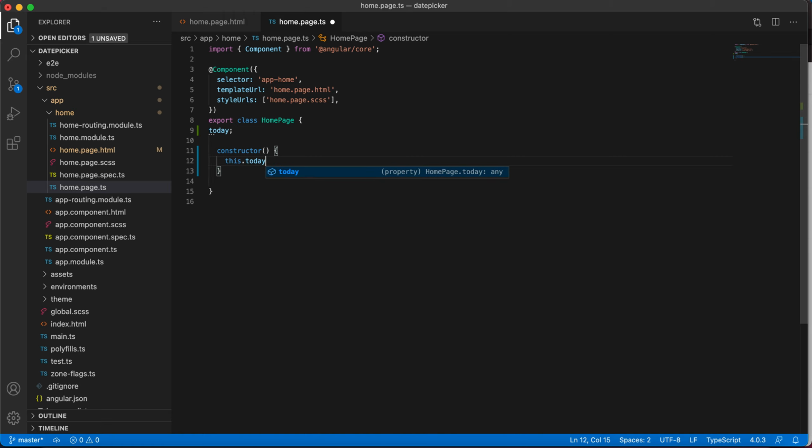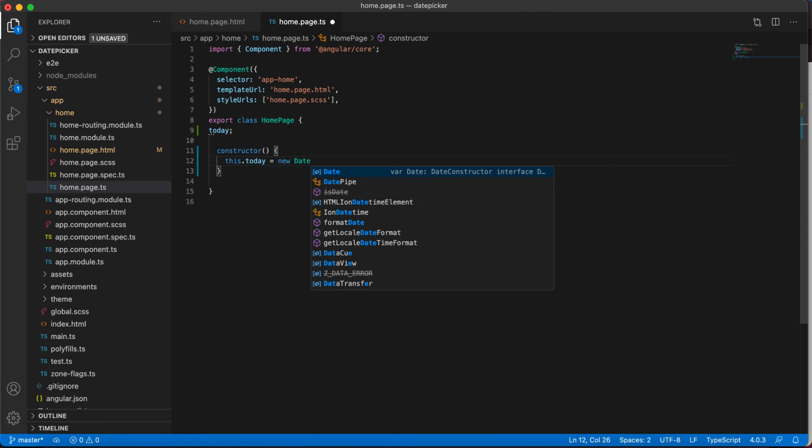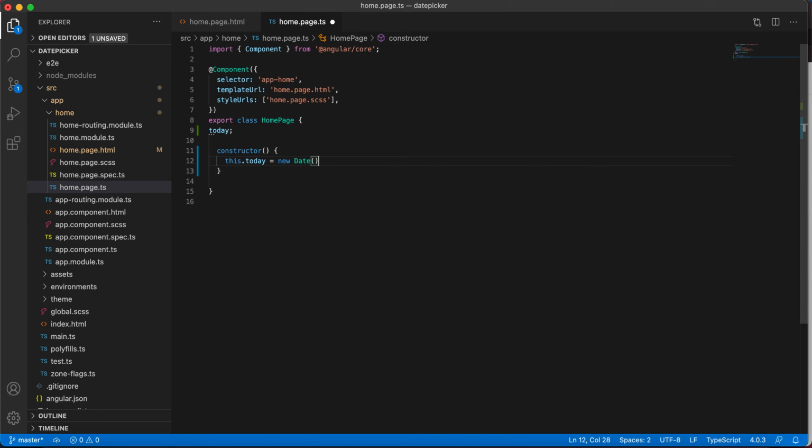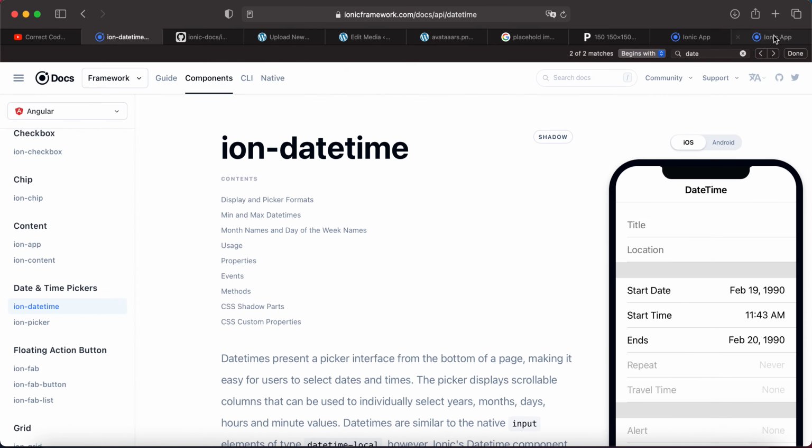this.today = new Date().getDate(). Save it and let's see the output.